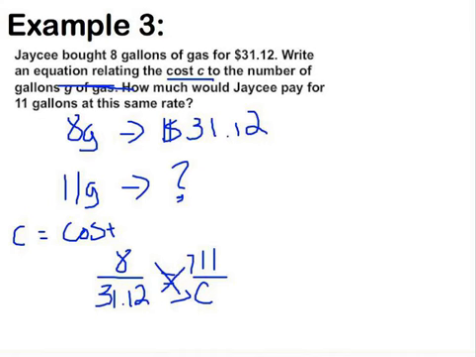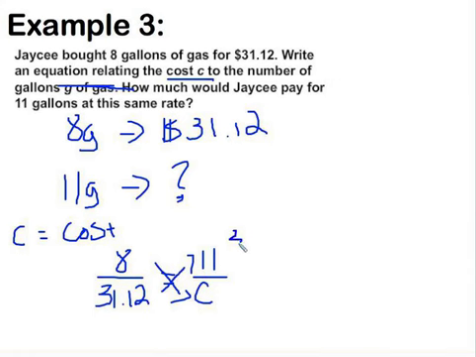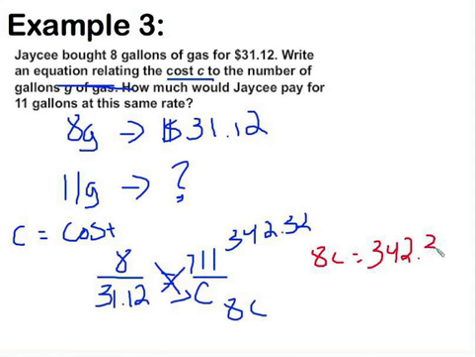So 31.12 times 11, if you want, this time you could use a calculator. So 31.12 times 11, that's going to be $342.32. And I know that 8 times C is going to be 8C. I'm going to change colors just so things are a little clearer to look at. So my equation is 8C is equal to 342.32. So in order to undo what's being done to my variable, I'm going to divide by 8 on each side,